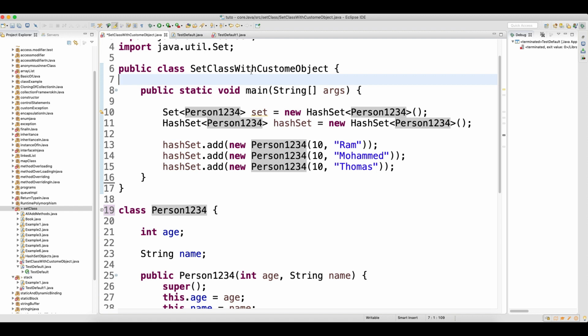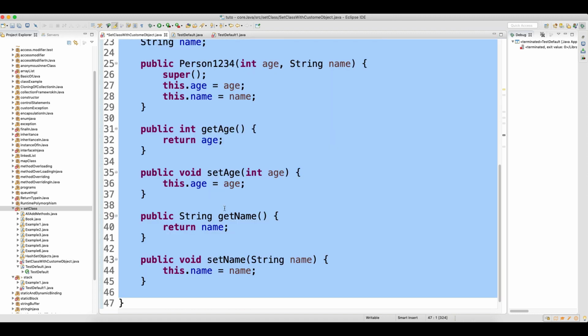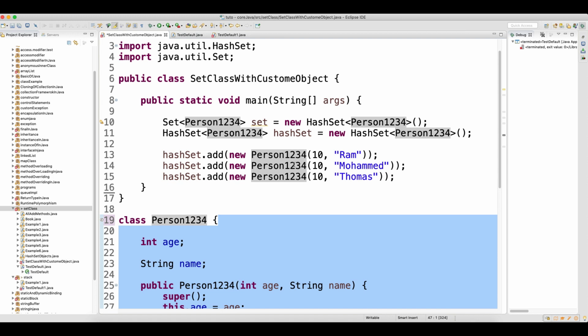If you write these two variables in this class itself, then I cannot create a hash set which will take a custom object, because to do that I need to have the object, and to have the object I need a separate class. This is one requirement where we usually do that, if there is one class specific to the package.